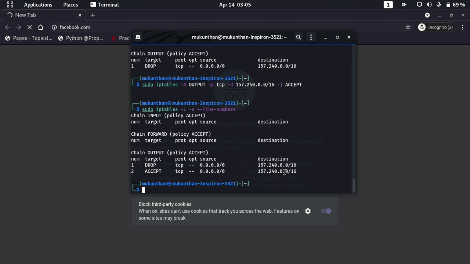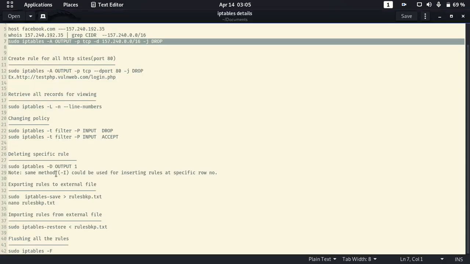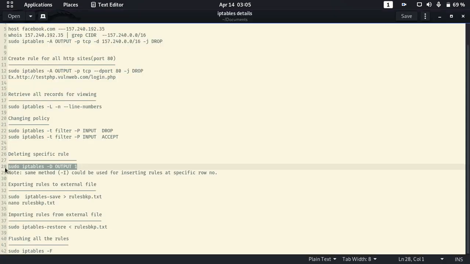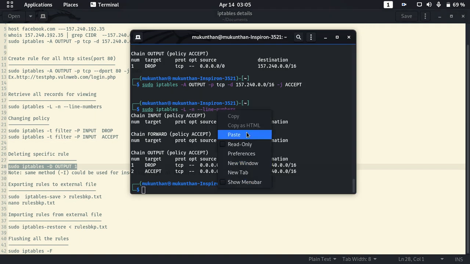So now let's say I want to delete at the line number level. That means I am going to give the input as the line number. For that purpose, let's see. Here, sudo is root access, iptables is the command, -D is the delete, and OUTPUT is the chain. Which table? It will be filter if you don't mention the table name explicitly. Then the row number we are giving is 1. That means we are going to delete only the row number 1.